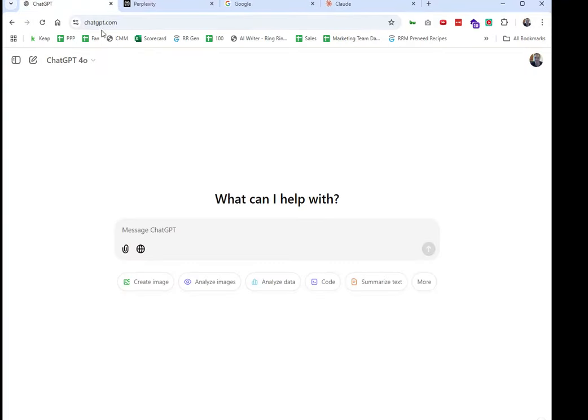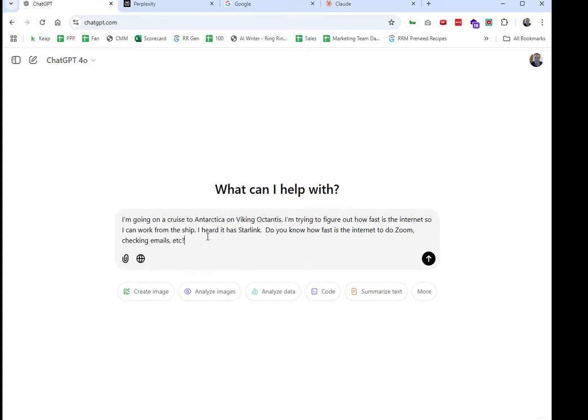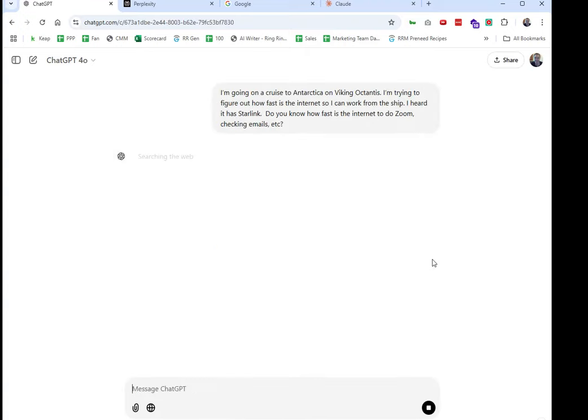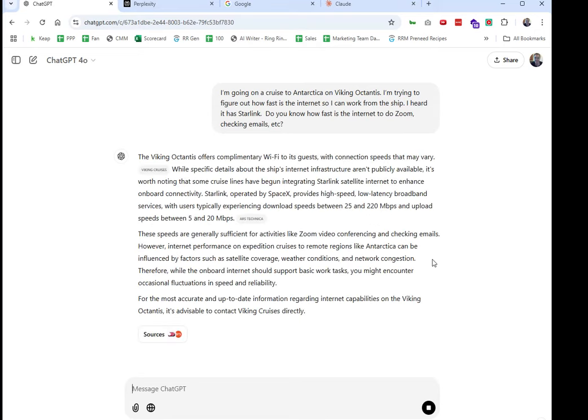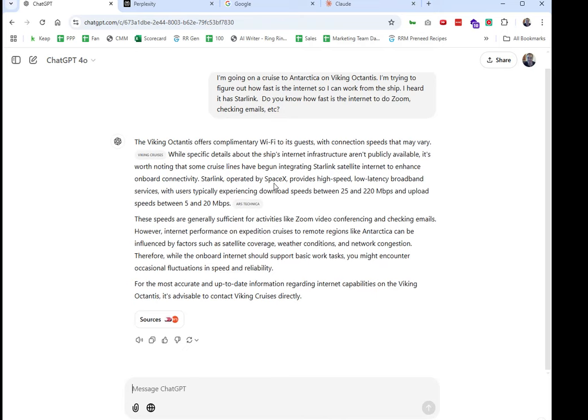So the first one, of course, by default, is going to be ChatGPT. You can see it's searching the web. It gives a pretty good output. It offers complimentary Wi-Fi, but specific details aren't publicly available.